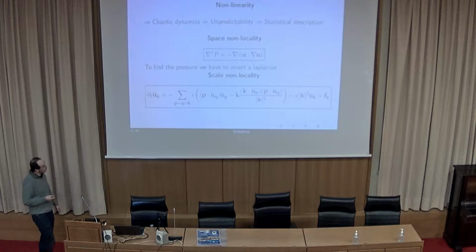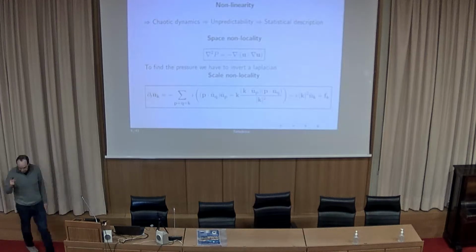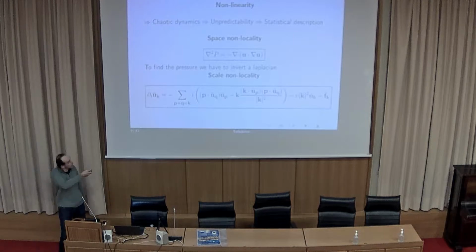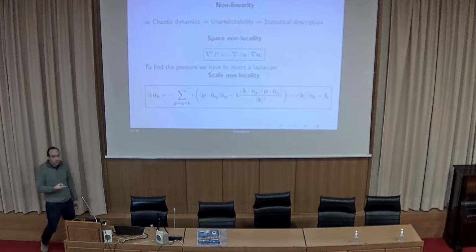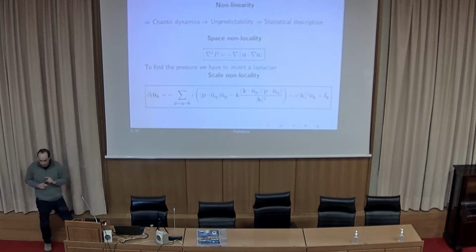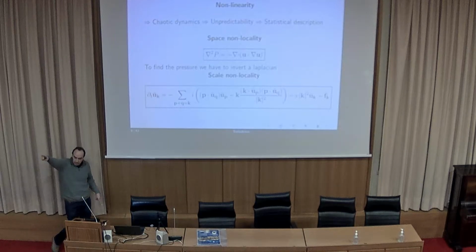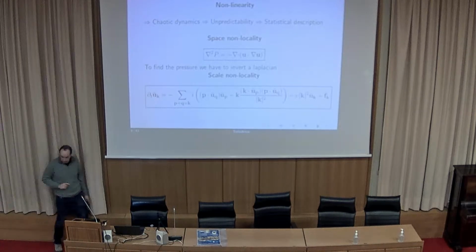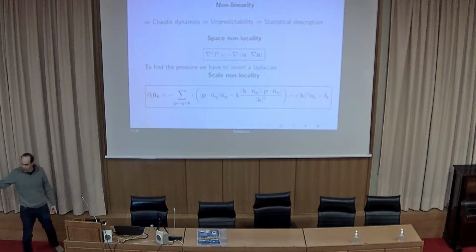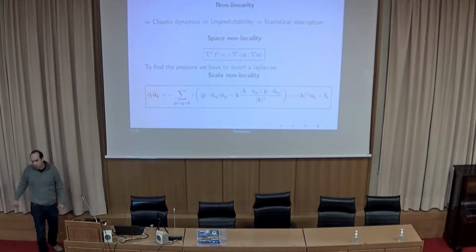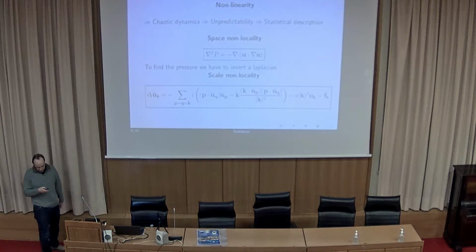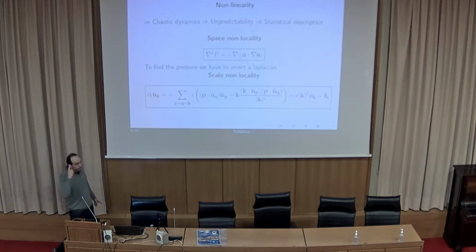The second is that we are non-local in space. What does that mean? In order to find the pressure that I put there, you need to take the divergence of the equation, then you end up with this equation over here for the pressure. You need to invert a Laplacian. Inverting a Laplacian means you need information about the whole space. So if there is an eddy at the end of the room, it affects me here in infinite speed, in zero time. Okay? Of course, we hope that the eddy up there is not as much affecting as an eddy next to me, so we can make some assumptions that only the nearby eddy is affected,